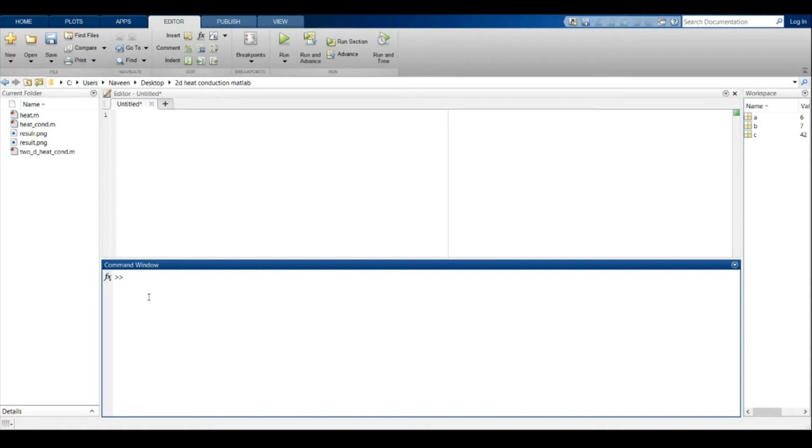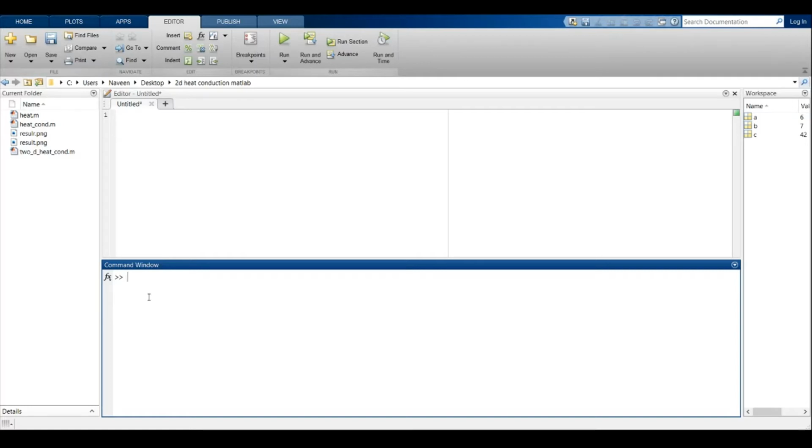In command window, we can give the equations, we can do whatever we can do in editor window, the same thing we can do in command window. But the difference between the editor window and command window is we can save the files in editor window, but we cannot save the files in command window.